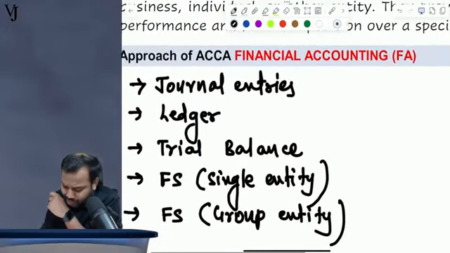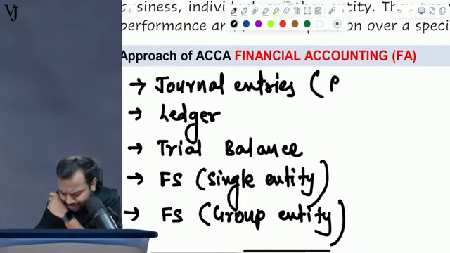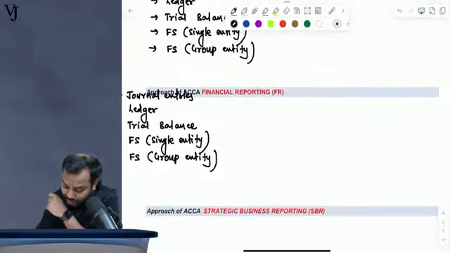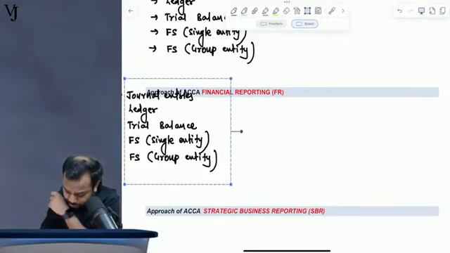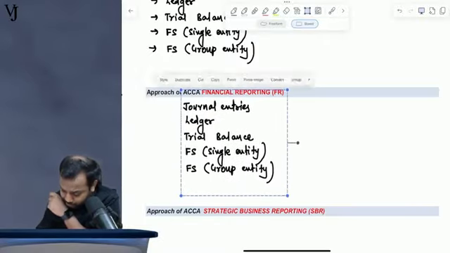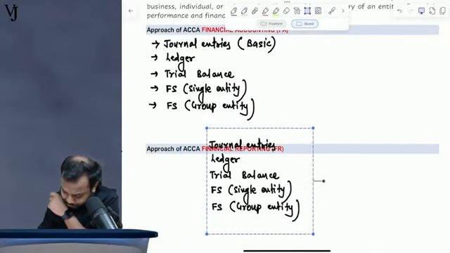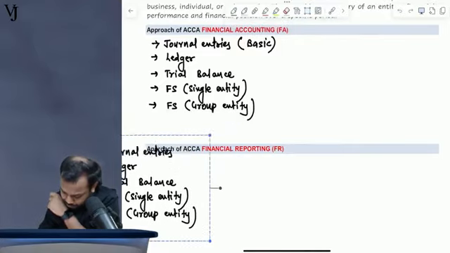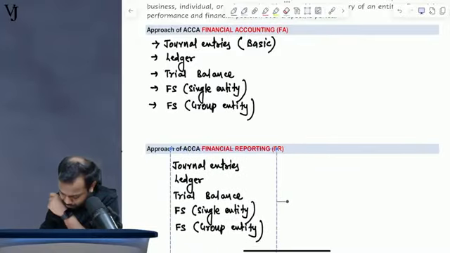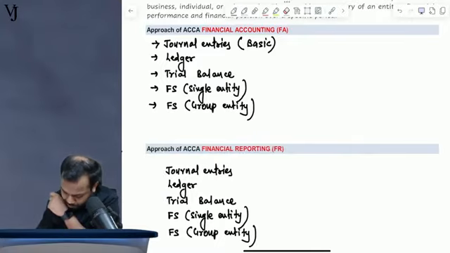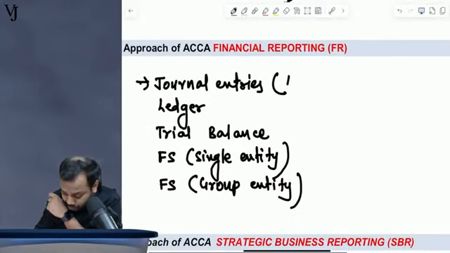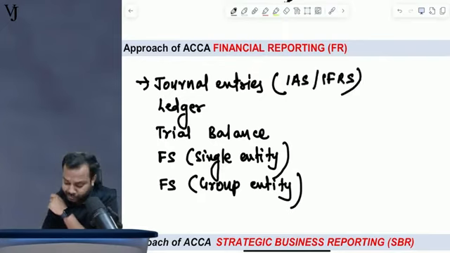The journal entries at FA level were very basic ones. At FR level, you are required to pass journal entries using IAS and IFRS. Okay. Ledger,